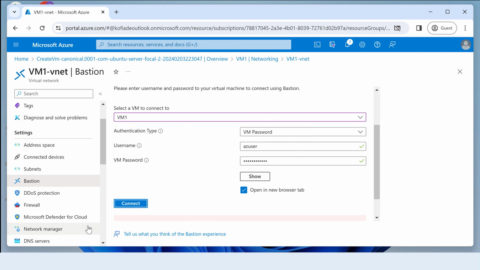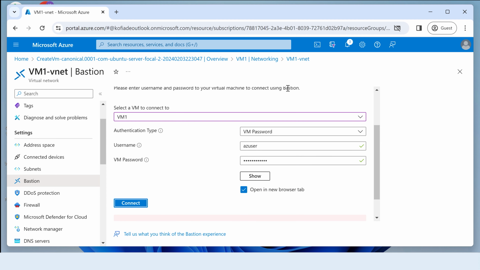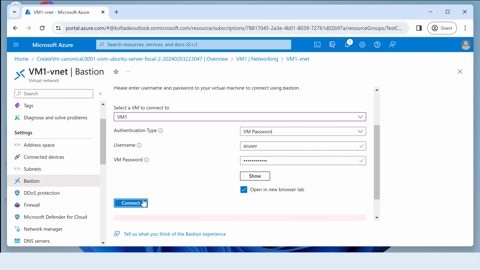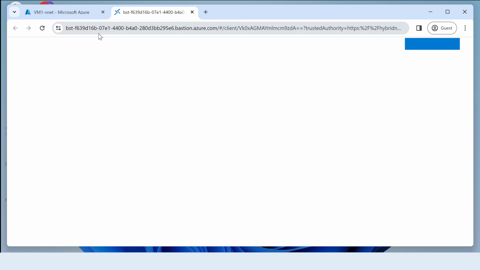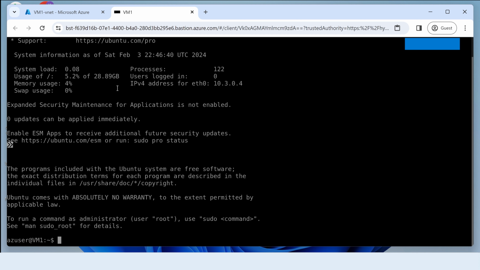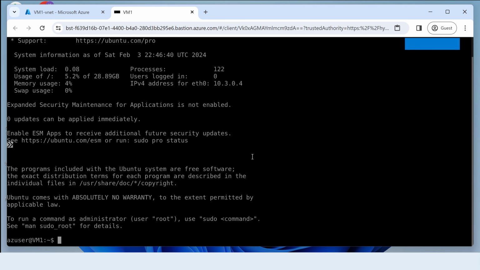And this will open up in a new browser, but as you can see here, I've got a pop-up blocker stopping the browser from opening. So I'll click on connect again, and I'm going to make sure that I don't block it. I'm just going to say always allow it through. Click on connect, and it opens up a new browser. Another thing you have to bear in mind is to make sure your browser has HTML5. If you have any issues connecting, check to make sure that your browser is one of the newer browsers that contain the HTML5 component. All right, so as you can see, now I have successfully connected to my VM